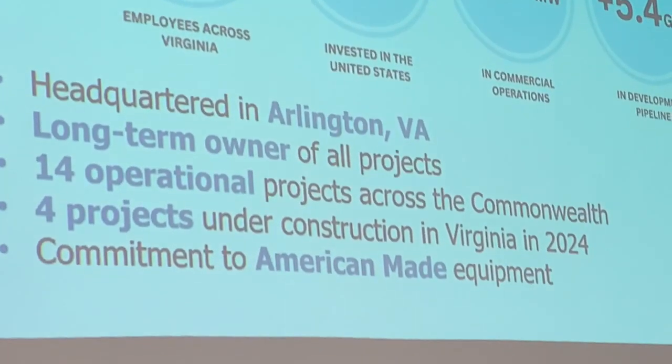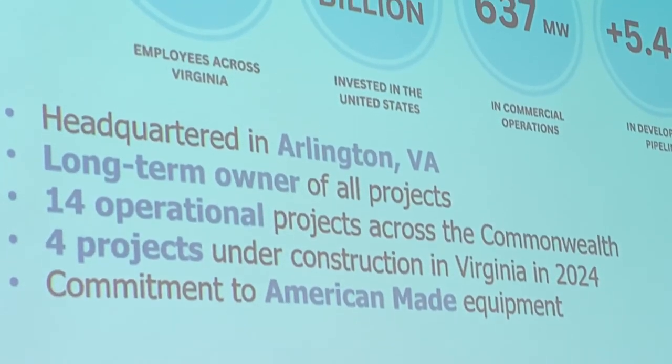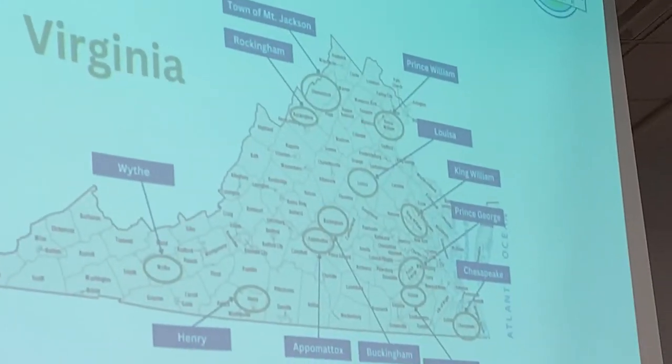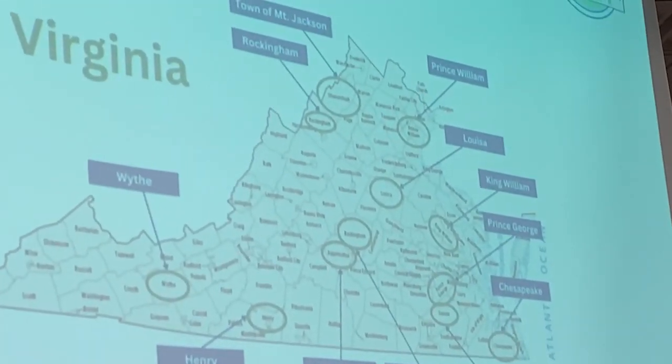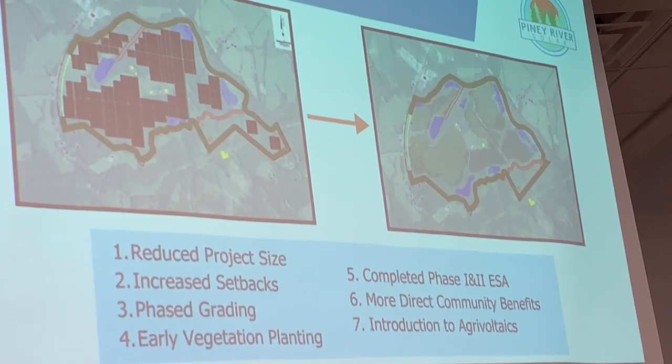And one thing that we like to highlight about ourselves is we have a commitment to buying and using American-made products. Of where we are in the Commonwealth, you can see it's kind of spread out, but those are all operational projects. Reduce project size, increase setbacks,